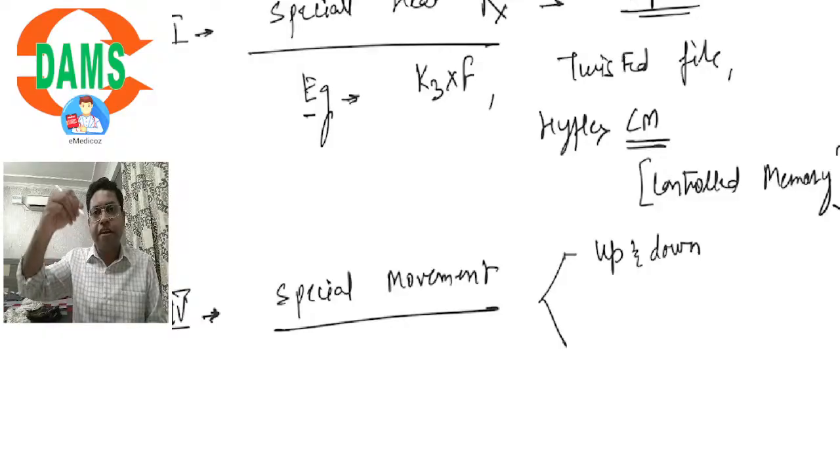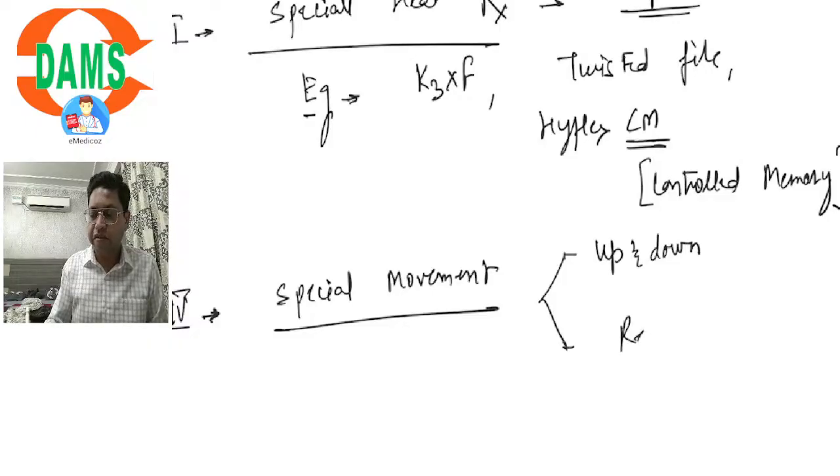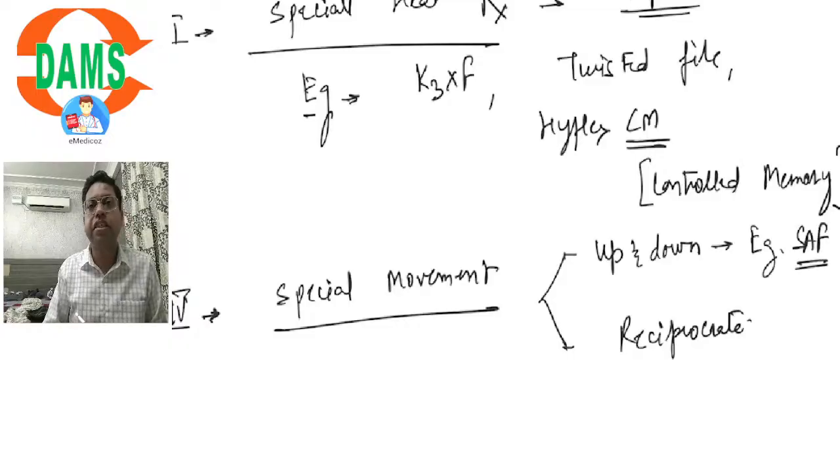These instruments are meant to move up and down inside the root canal and do not rotate, or they reciprocate, move to and fro. An example of an instrument that moves up and down is the self-adjusting file, SAF. Examples of instruments that reciprocate clockwise, counterclockwise, clockwise, counterclockwise,